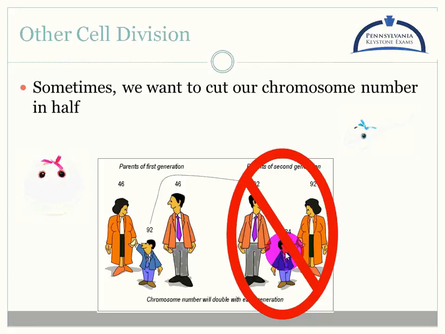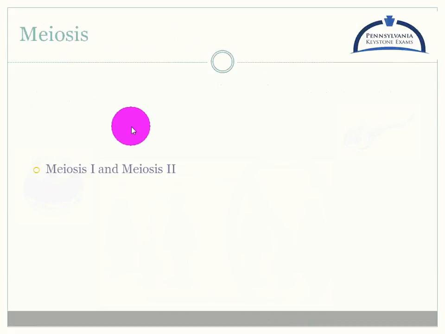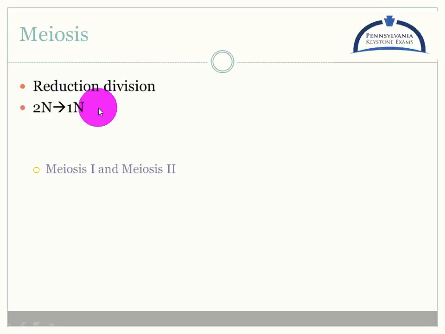So what we do is we take this chromosome number and we simply cut it in half. And we do that through a process called meiosis. For that reason, sometimes meiosis is called reduction division. I want to reduce the number of chromosomes in each cell. So I start off with 2n, or my 46 number, and I cut it down to 1n. I cut that number in half to 23 chromosomes. Again, diploid is referring to 2n. Sometimes it'll be diploid to haploid. So we're going from now half of what we had before.